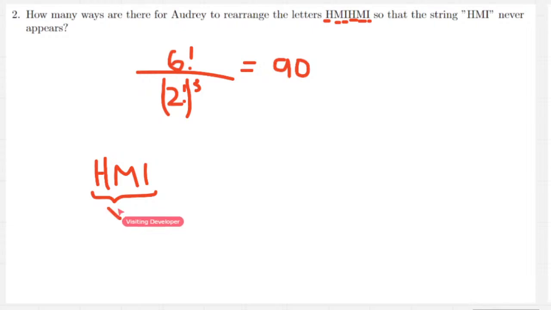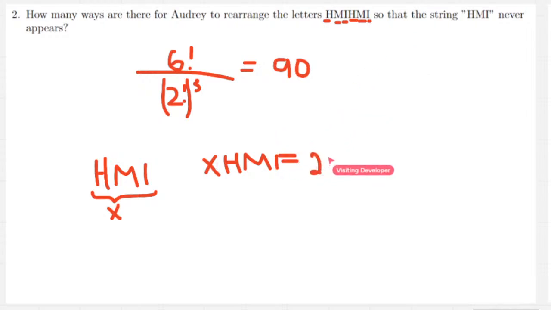So let's call this X. So now we have to find the number of ways to rearrange X, H, M, I, and in this case, we basically have 4 factorial or 24 total ways